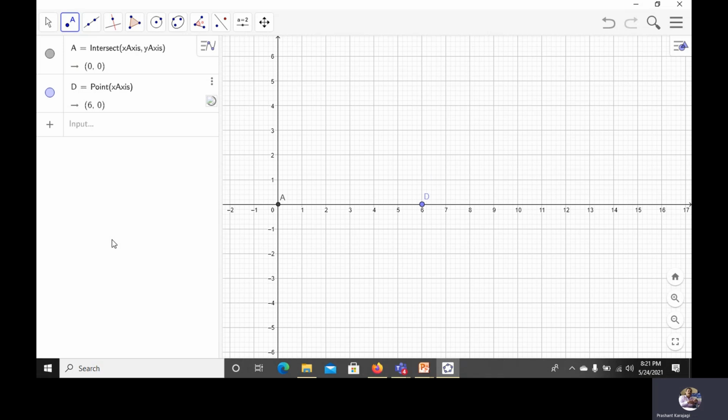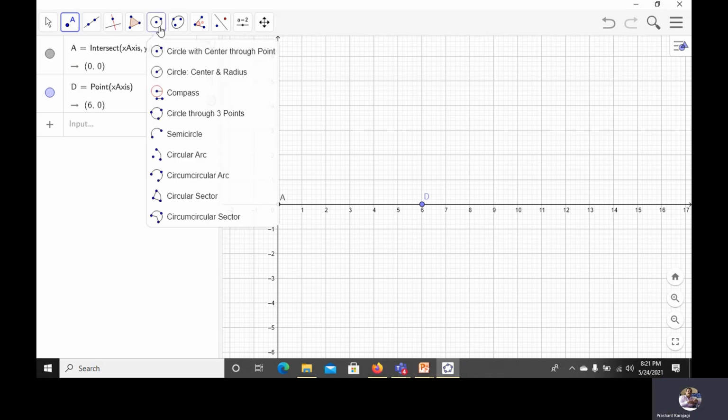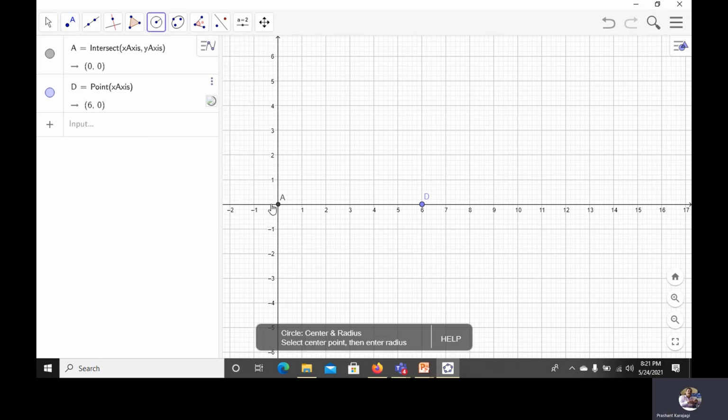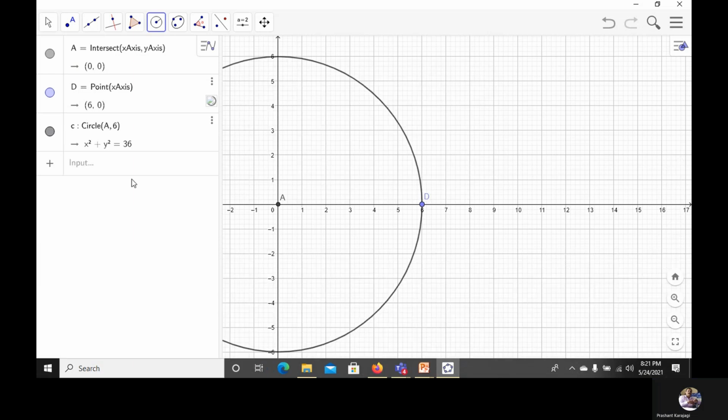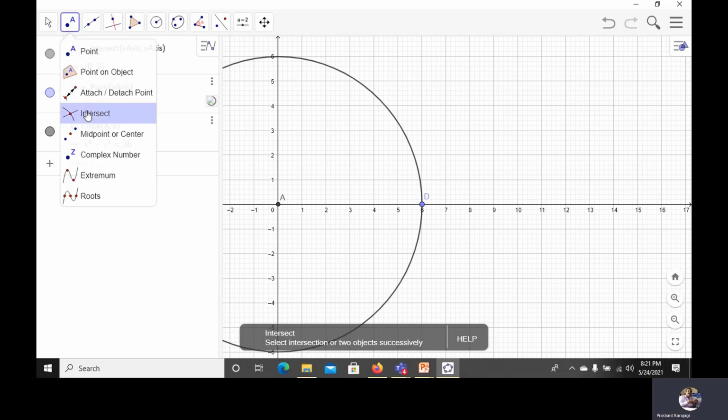Then mark input link AB. So A is marked, B is to be marked. Take the command circle, which is to be drawn with the center and radius command. So choose center A and radius 6. Now mark the points of intersection of the circle with the x-axis.